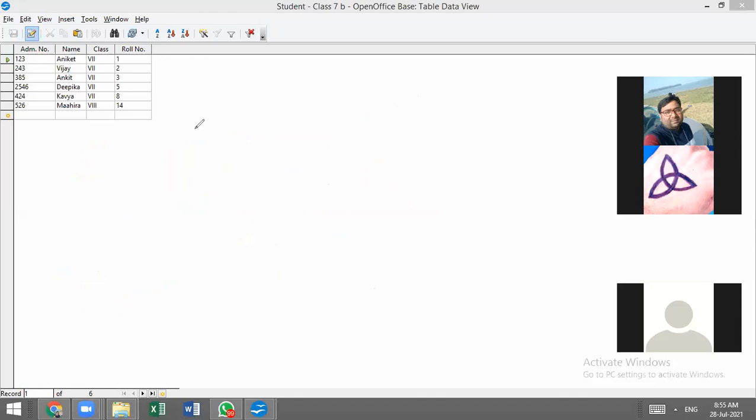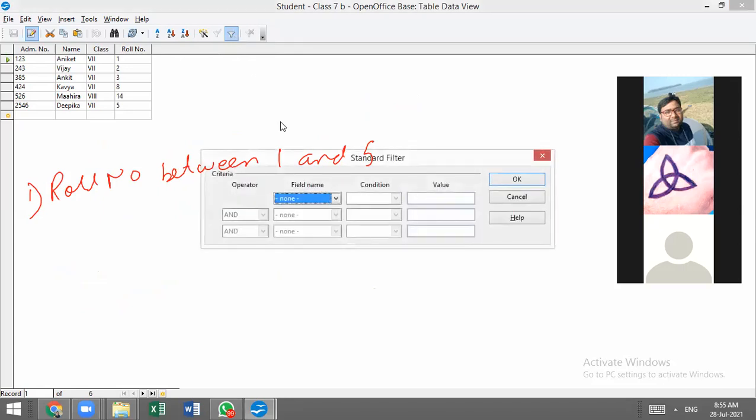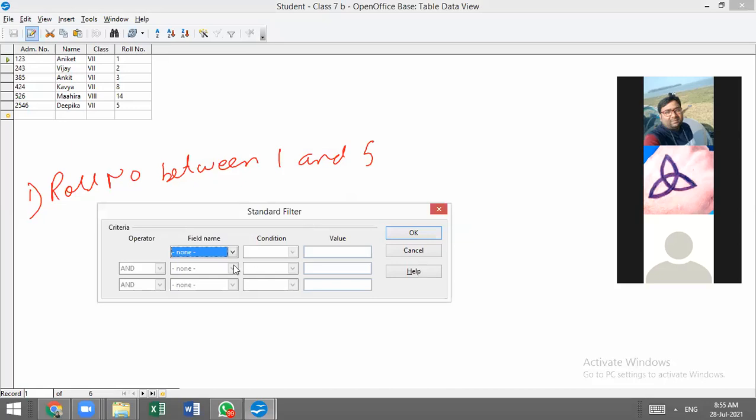So I want to filter students, first case, roll number between 1 and 5. First one I will try. So you have a button over here, standard filter button. I will click on it. One dialog box will appear, standard filter. In the field name, which field name do I want to filter? I want to filter roll number.